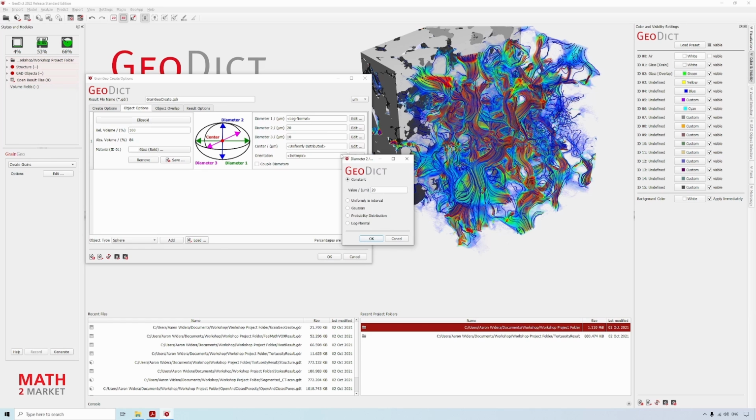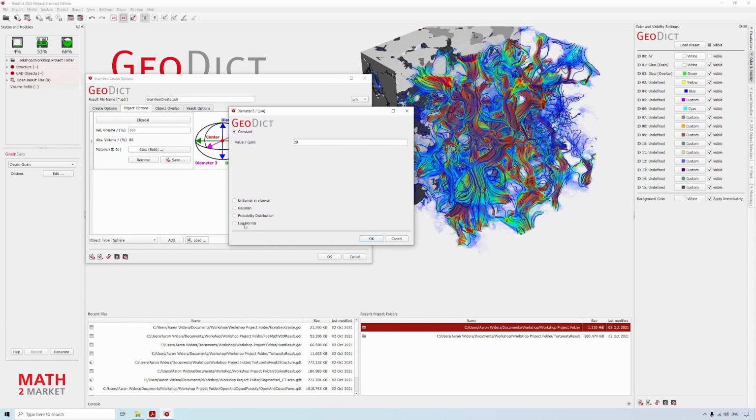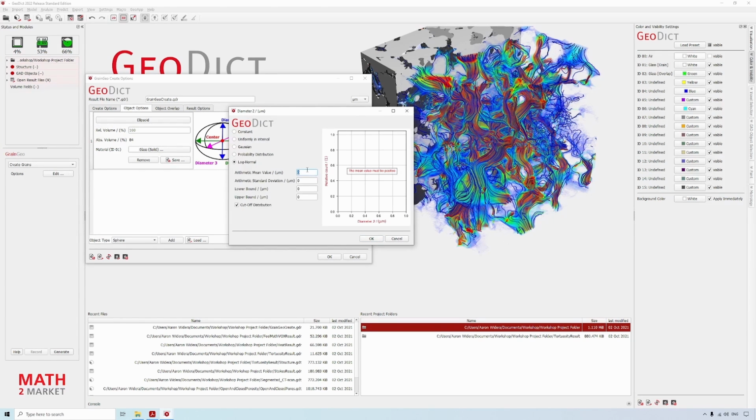We click Edit, we go to log normal, we select 310.3. For the arithmetic standard deviation, we enter 27.9, 238.7, 345.9.